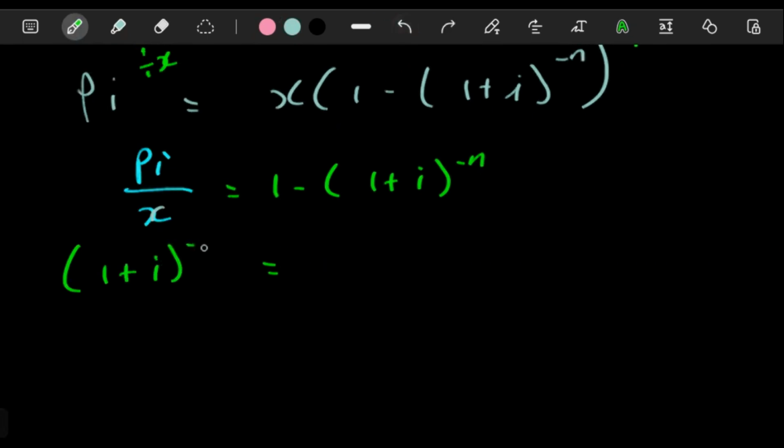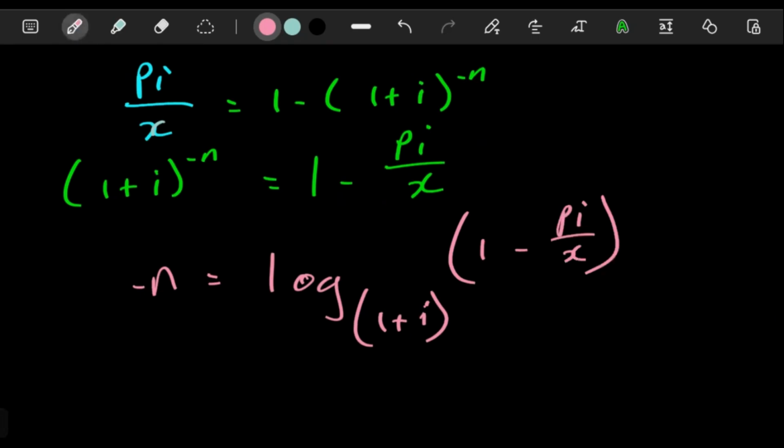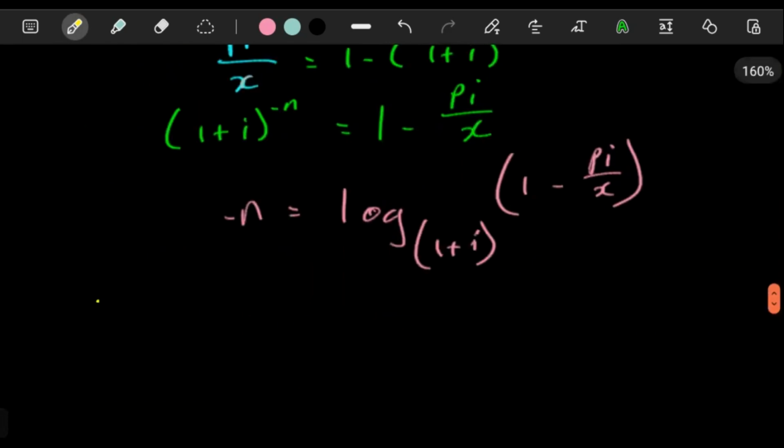And then this whole thing here becomes a negative. Since we're working out n, and n is the exponent, you isolate the exponent. It's going to be equal to log, where the base is 1 plus i, and then whatever this value is goes in here. When you divide by a negative on both sides, you can have n equal to negative log